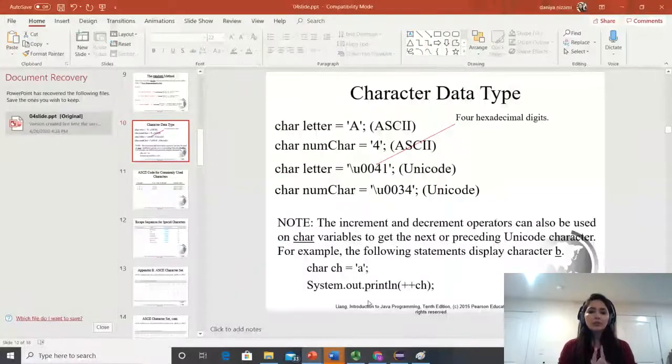In this video we will talk about the character data type. Character is a very small topic in Java, because we have a bigger picture, the string. Character has some of its own features.